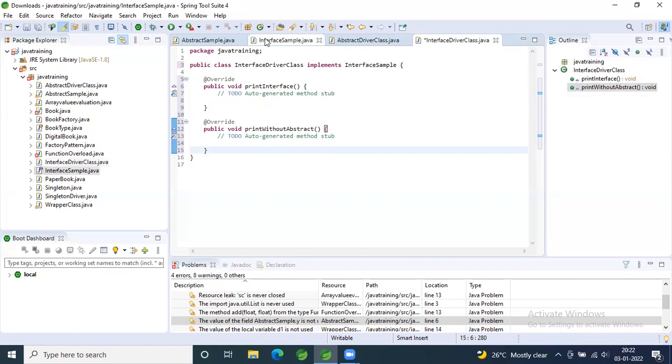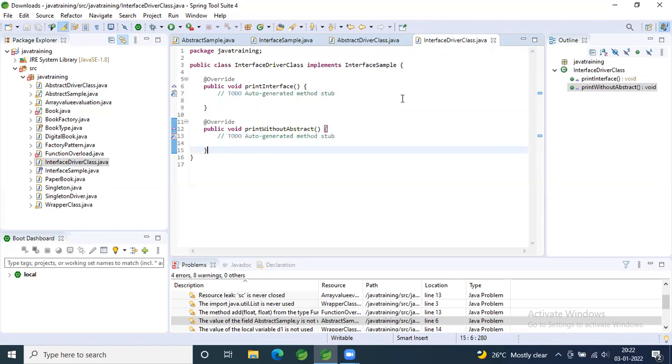So in both the abstract class as well as here, you would be able to see an @override annotation. So @override is nothing but you're writing your own logic wherever you're implementing your interface. So what does it say? It doesn't tell you how it's going to happen. It just tells you what it's going to do. So print interface is a method. It is the functionality of that particular interface. And how it's going to print is something you can change wherever you're writing your own logic.